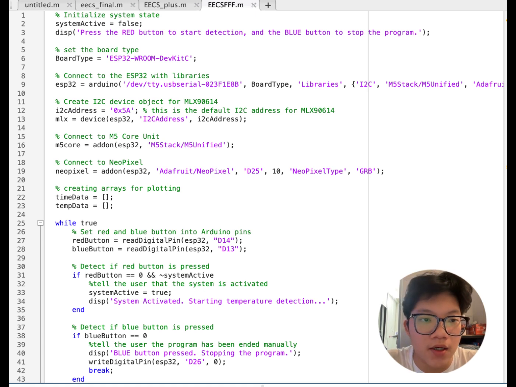Next, I set up all my boards and ESP32 with these codes, and then here's the new thing: to create an I2C device object for MLX90614. It's for the thermometer sensor that I bought, and it has to use an I2C connection to connect to the M5 Core. So to connect this, I'll have to set the I2C address for the MLX thermometer sensor, and the default address is